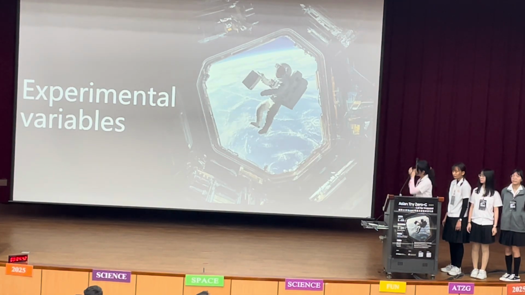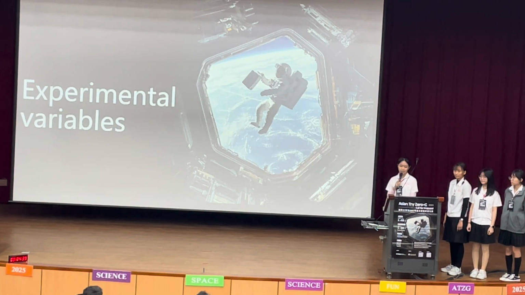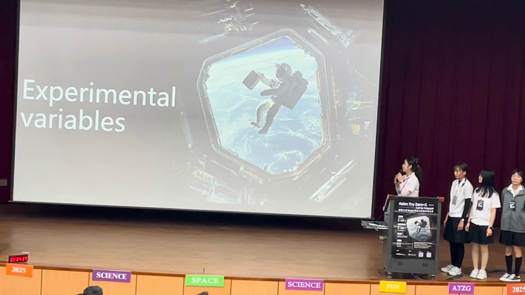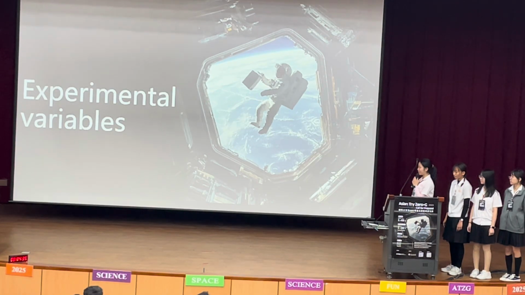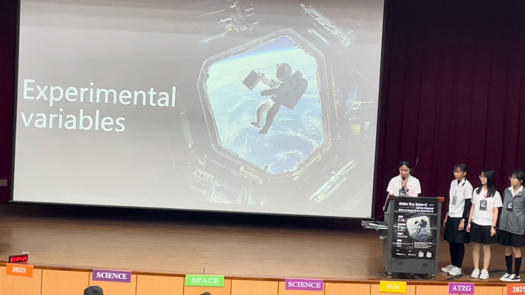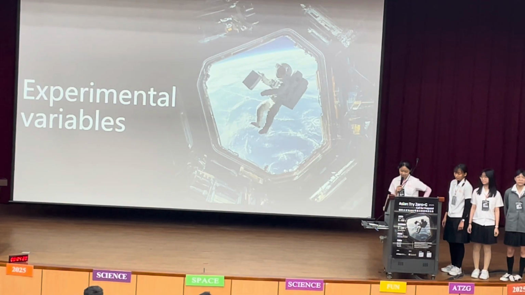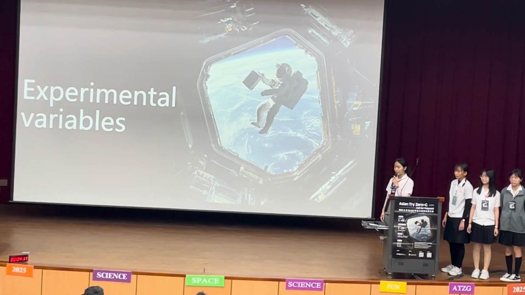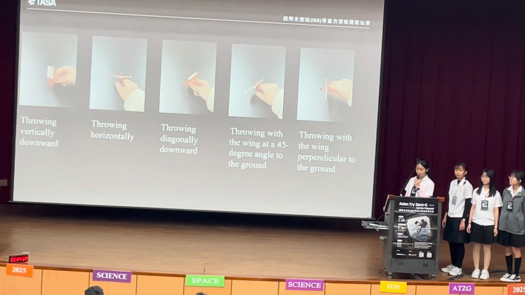In our experiment, the controllable variables include the angle between the wings and the horizontal plane, as well as the fuselage angle and whether it is tilted upward or downward. After conducting the experiment on Earth and collecting data, we've identified the 5 best throwing factors: throwing